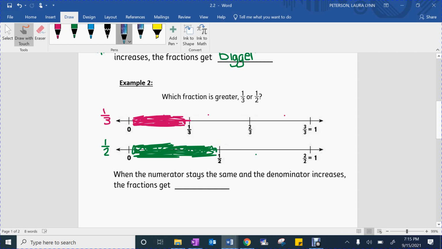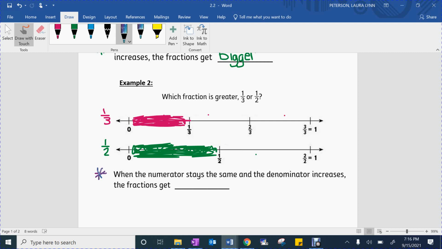Okay, let's take a minute and think about this. What's happening with the amount that we are coloring in? Is it getting bigger or is it getting smaller? Take a minute to think about that. Okay, let's see, what do you think? Hopefully we noticed that the amount we shaded got bigger. So let's put a little star next to the sentence because it means it's important. When the numerator, so that's the top number, stays the same and the denominator increases, the fractions get,